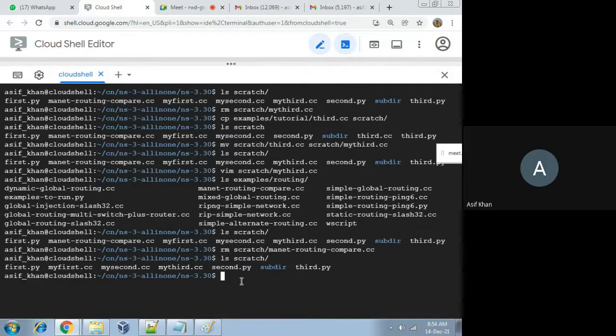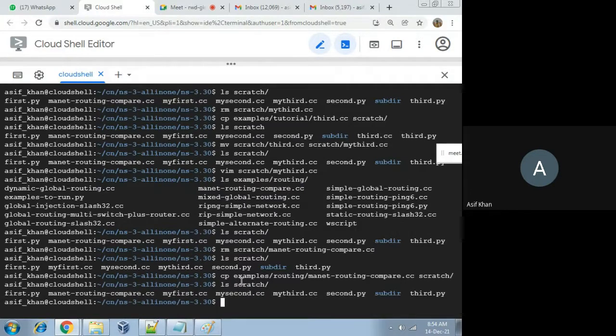So cp examples/routing/manet-routing-compare.cc, and copy it to the scratch directory. Enter. It is copied. Now let me check ls scratch. It is copied, manet-routing-compare.cc.